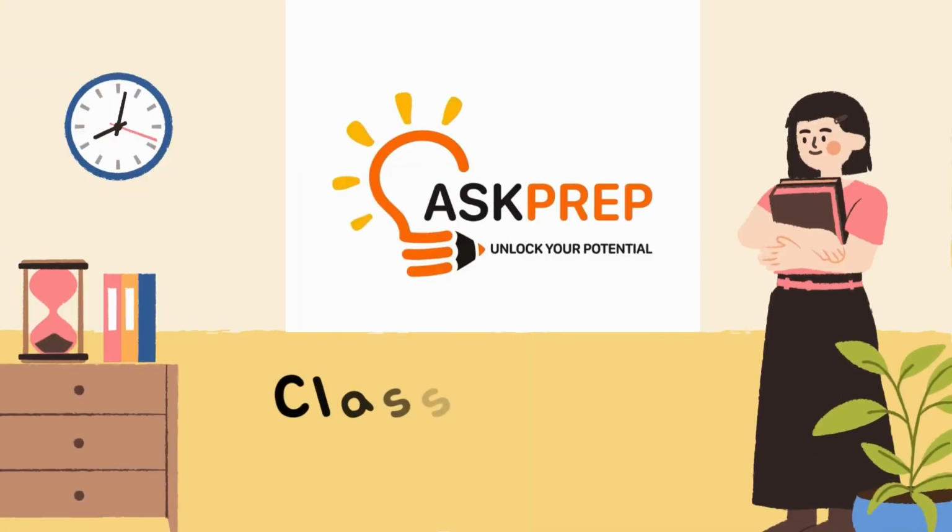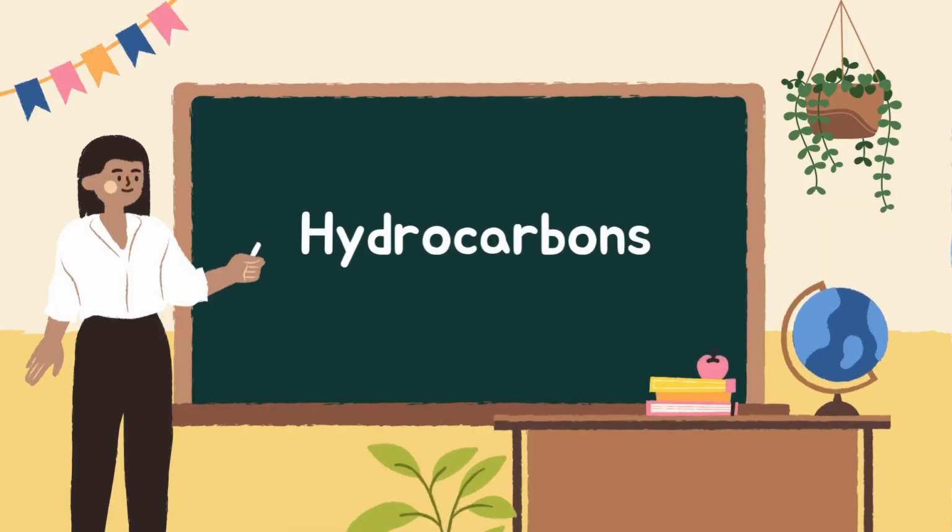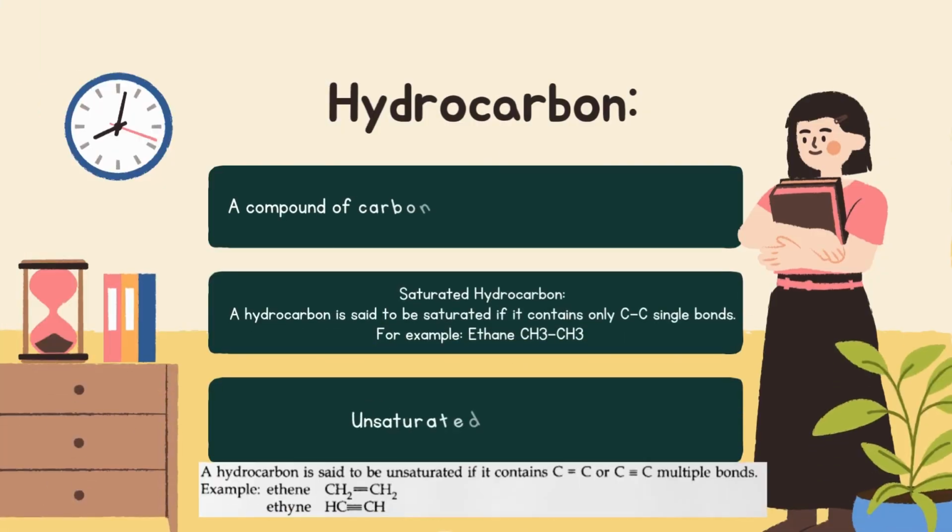In today's series on 11th grade chemistry, we will be studying chapter 13, hydrocarbons in detail. Let's start the video. Starting with hydrocarbon. A compound made of carbon and hydrogen is known as a hydrocarbon. Saturated hydrocarbon. A hydrocarbon is said to be saturated if it contains only C single bonds. Example, ethane,